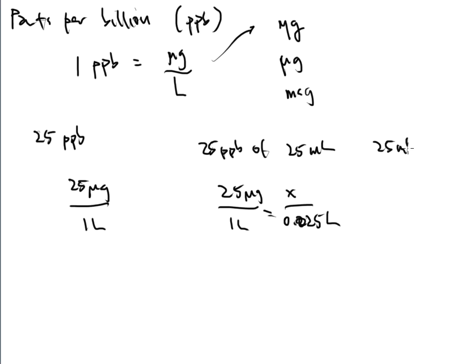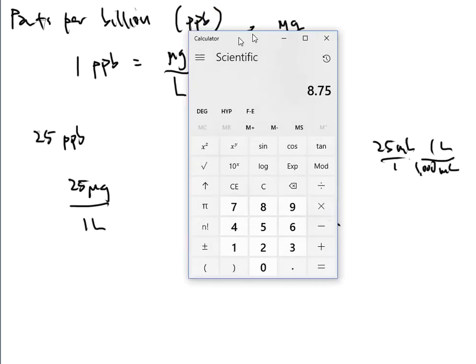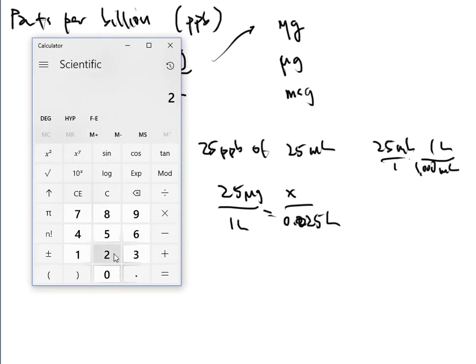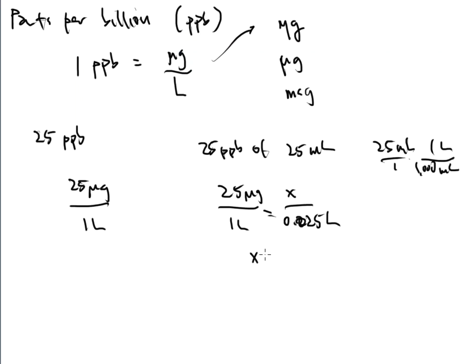So 25 mils, mil on top, mil on the bottom, and there's 1,000 mils in a liter. So 25 divided by 1,000 is 0.025. Just like before with parts per million, I cross multiply and divide. So 25 times 0.025 equals 0.625, and then 1 times x is x. So if I cross multiply and divide, I'll get x is equal to